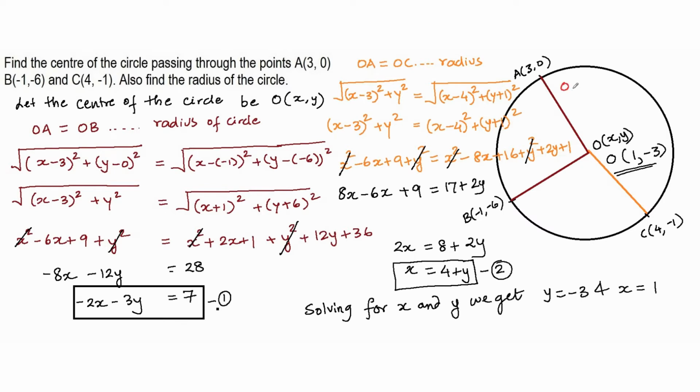So using distance formula, radius of the circle will be OA, which is equal to under root of (3 minus 1) the whole square plus (0 minus of minus 3, that is 0 plus 3) the whole square, which is under root of 2 square is 4 plus 3 square is 9, and that is going to be under root of 13 units. So the radius of this circle is going to be square root of 13 units. Again, pausing for a minute before taking up the next one.